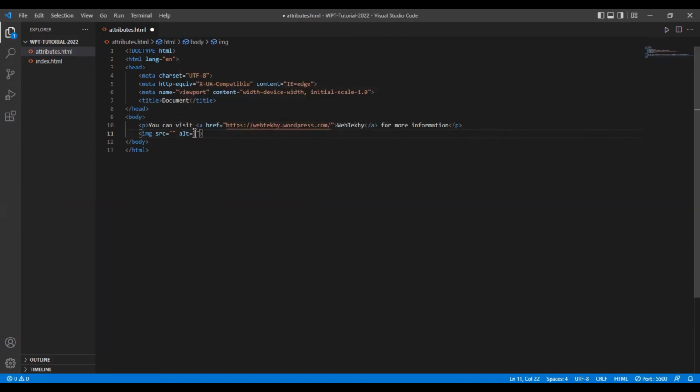So in some cases, you are using the image tag, and in some cases your image will not be shown. Maybe it is removed or something like that. So for you to let somebody know what the alternative text for this image is, maybe you are displaying an image of your logo, for example. So let's say I put the alternate text for it as my logo. Maybe forgetfully, I did not put